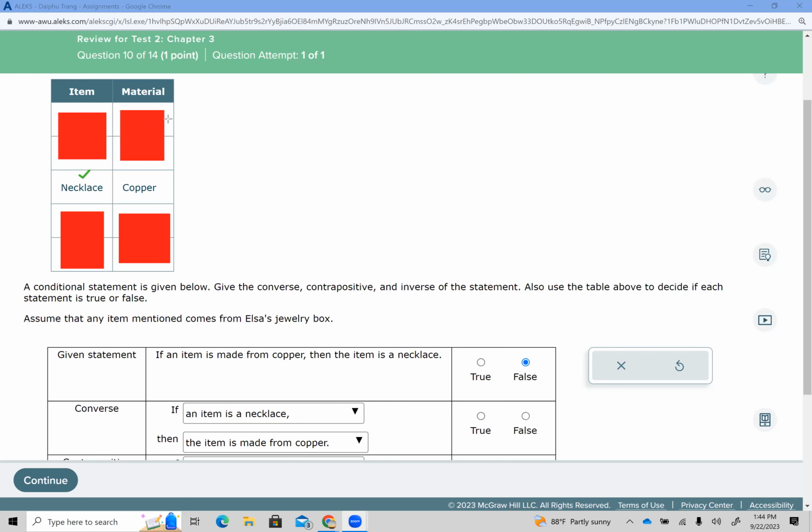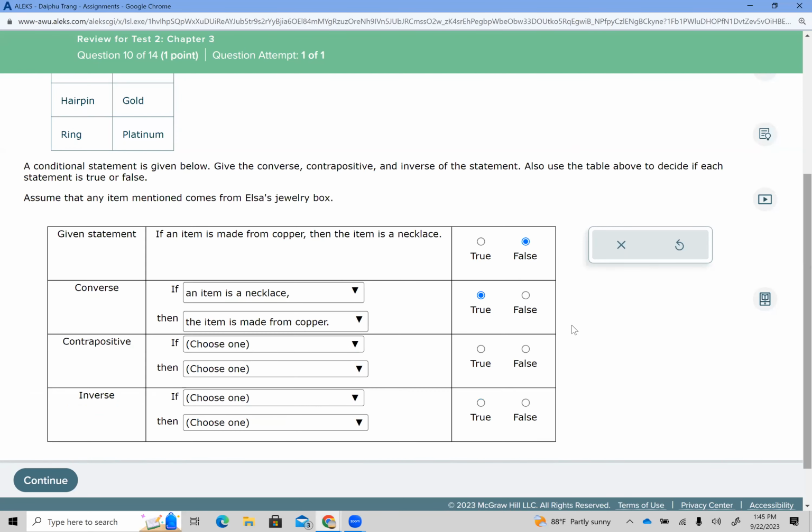If the item is a necklace, then the item is made from copper. You can see that this is a true statement based on this jewelry box. We have a necklace, which is made from copper, which is true. And similarly, looking at this item here, how do we do the